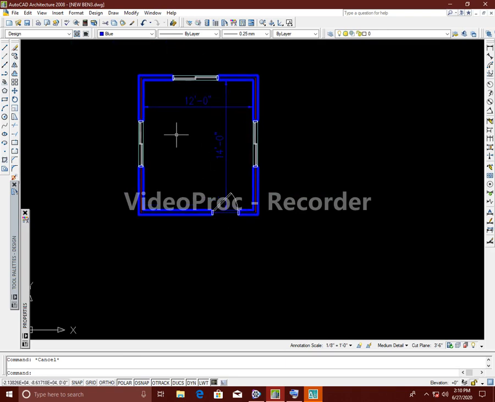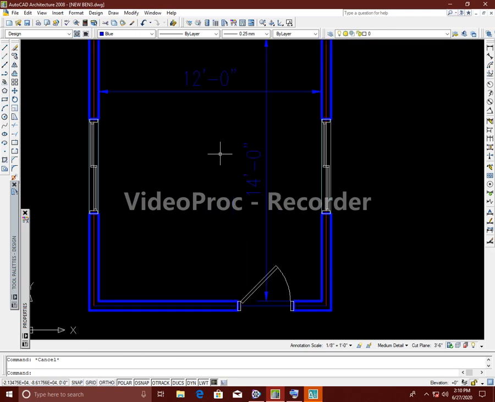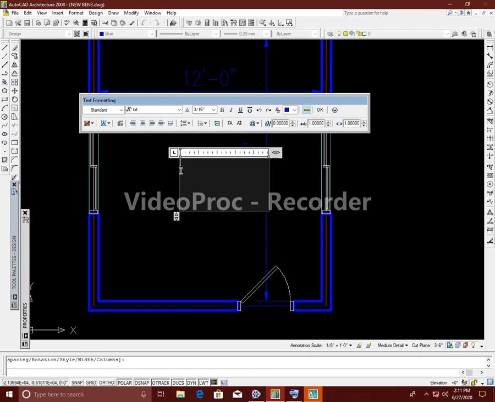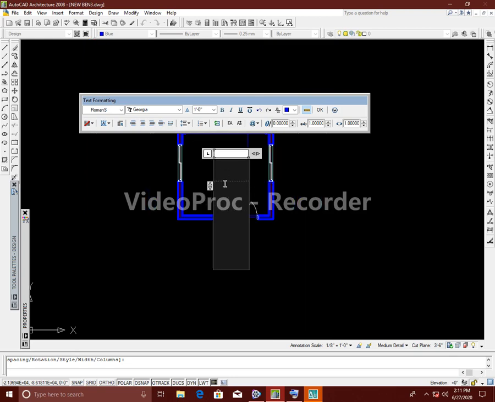So now the last thing that we are going to learn is how to name this simple bedroom. So you just type T plus spacebar, and then you click on it once. So you see that it has come. Now the style, you have to make sure that it is in Times New Roman. That's what I'll recommend you to use. Yeah, it doesn't matter how big